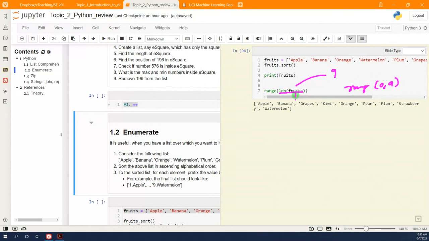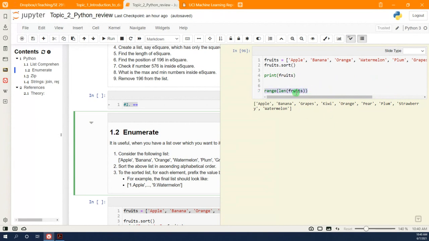You already had the list fruits for which you calculated the length, and from that you're getting the range. So you're getting a new list of the same size as the old list in a circular way. This is exactly what we would like to avoid. This is something that you do in C programming and those languages, but in Python you don't do this. And how to overcome this? This is exactly